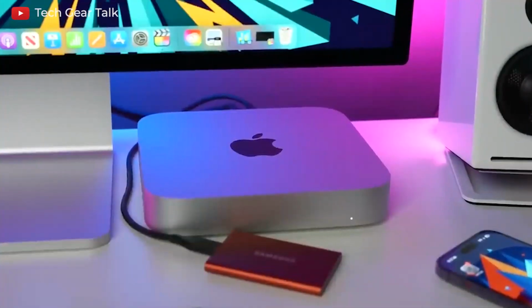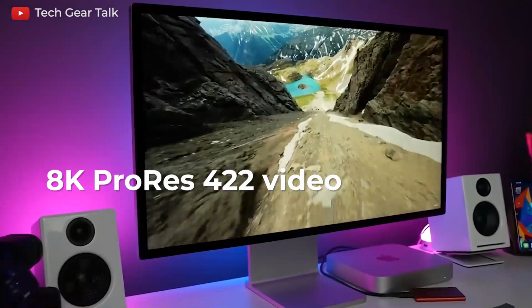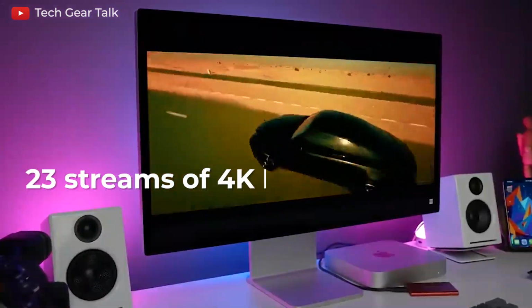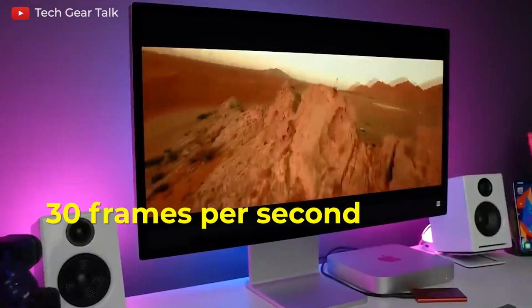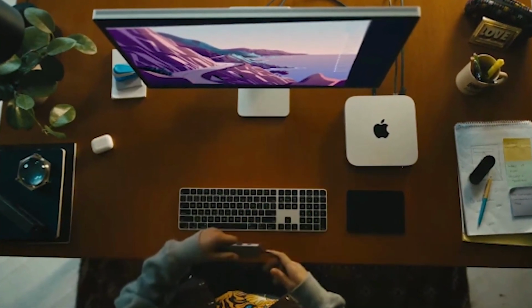M2 Pro has a potent media engine that can play up to 5 streams of 8K ProRes 422 video at 30 frames per second, or up to 23 streams of 4K ProRes 422 video at 30 frames per second, while using very little power. The M2 Pro model is up to 14 times faster than the quickest Mac Mini powered